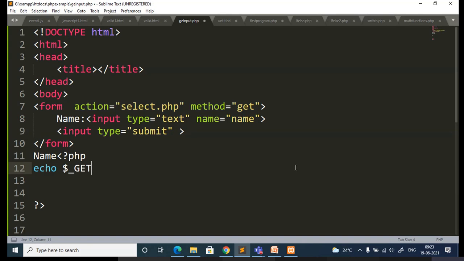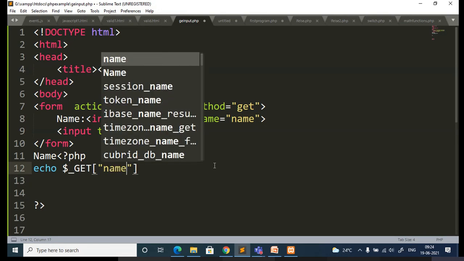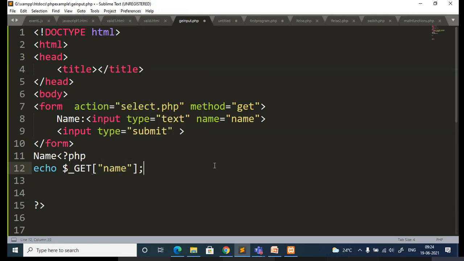This is mainly to get the details that the user has entered from the form or the input element. Which element do I want to access in the PHP code? It is name. You need to give the name of the element you are accessing. Here I have given name, so just specify that in the code.